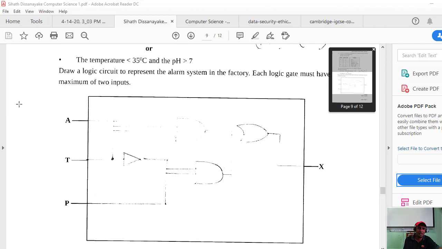So the answer is not clear here. What's the value here? What's the gate? This is an AND gate, right?